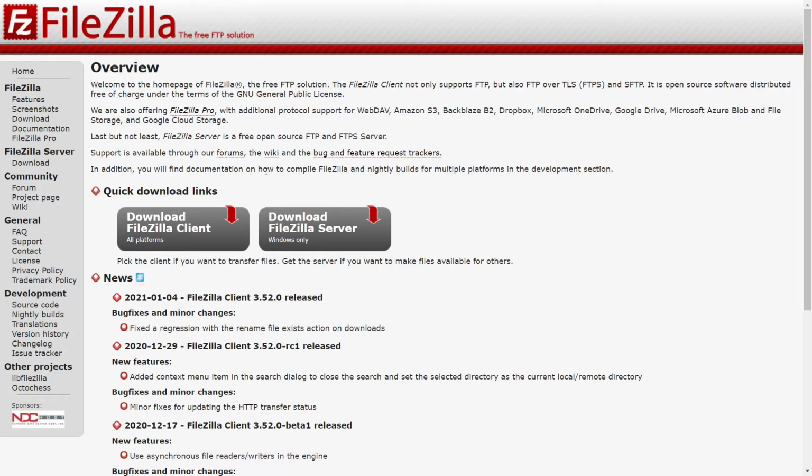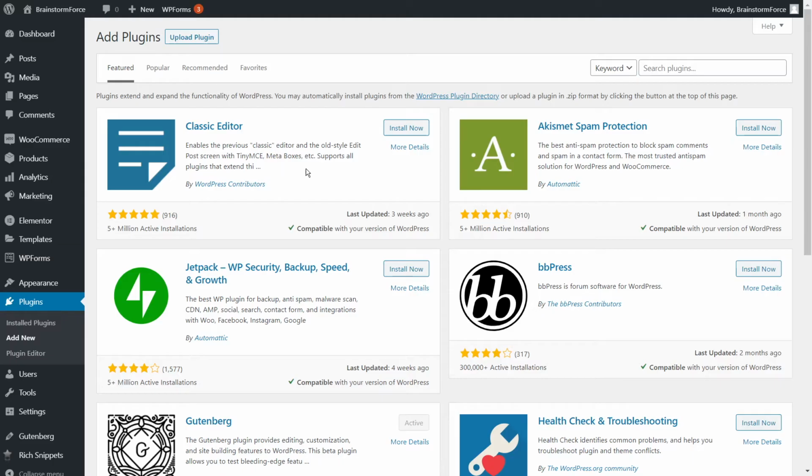And if you have access to the backend of your website, as I can show you I have, then what you can do is install a file manager plugin. And what that allows you to do is just look at the files of your WordPress installation right inside WordPress. And it's a little more convenient in my opinion. So let me search for a